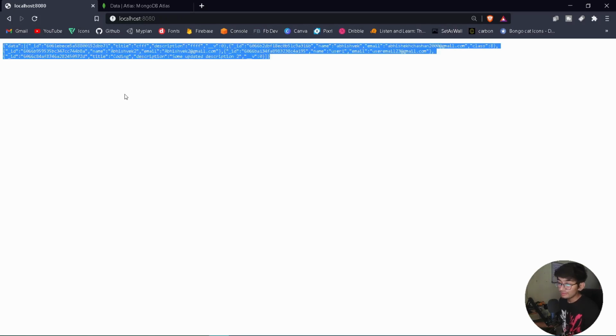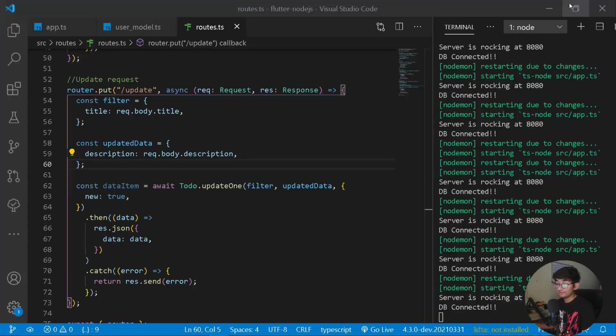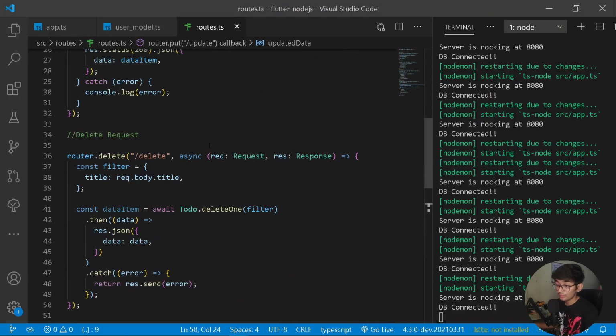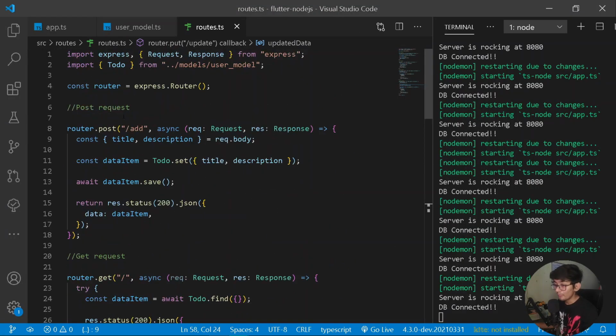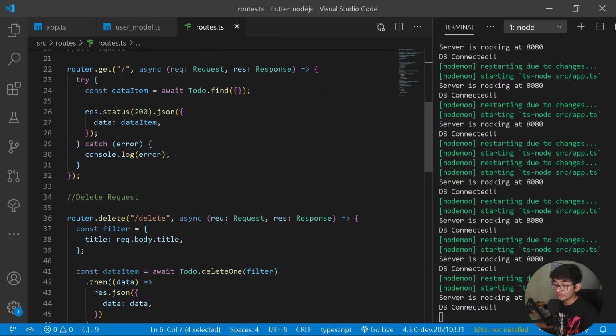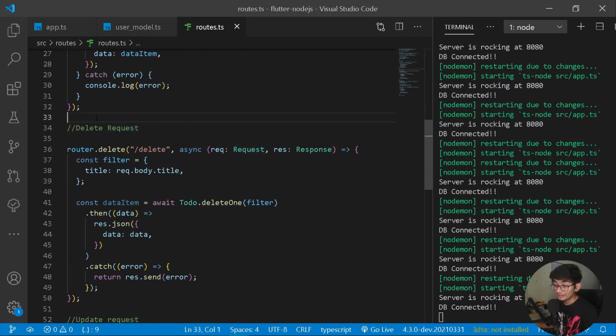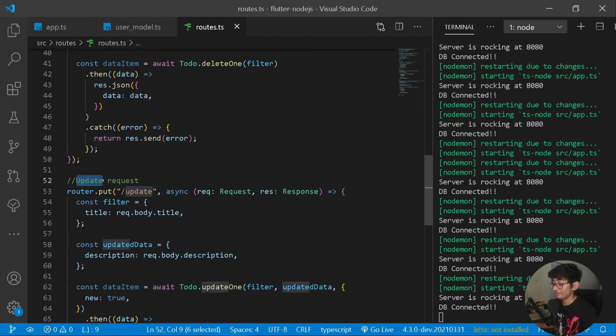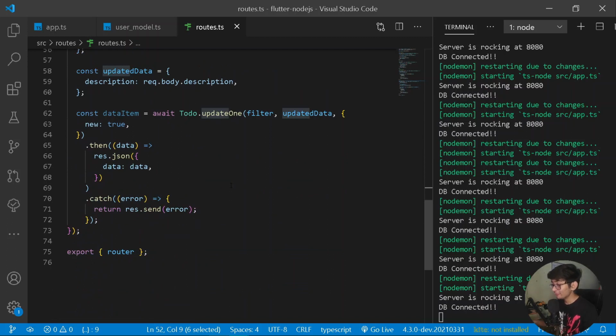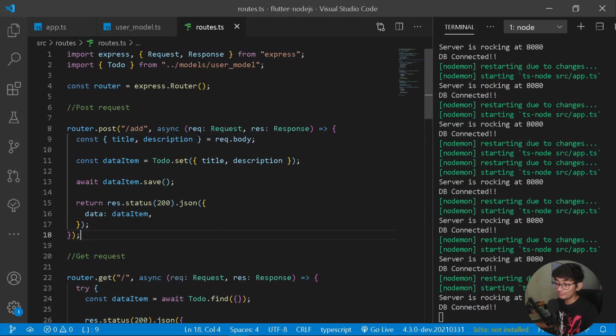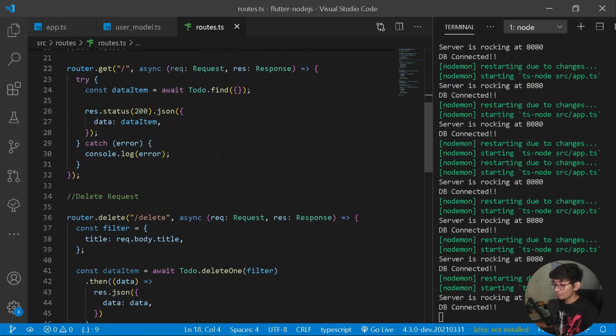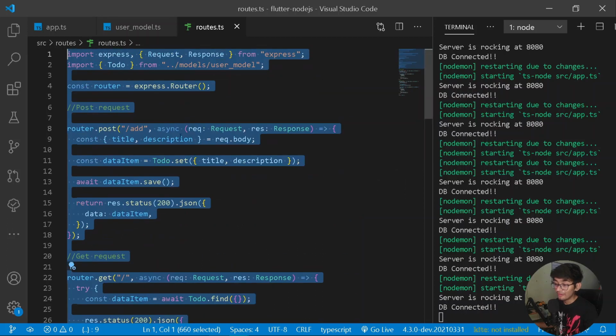So in this way you can perform all the basic operations over the post request, get request, delete one, and also update one. And I guess this was a big dose for you to grab all of the information that I have given today. So this will be your homework: try everything out that we have explained today.